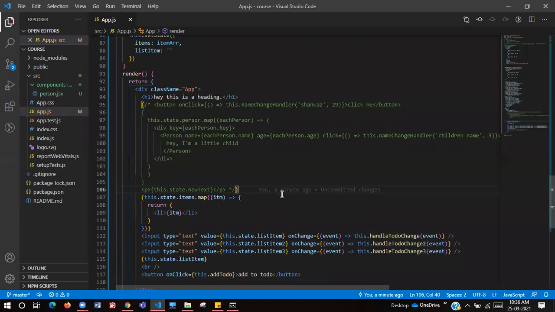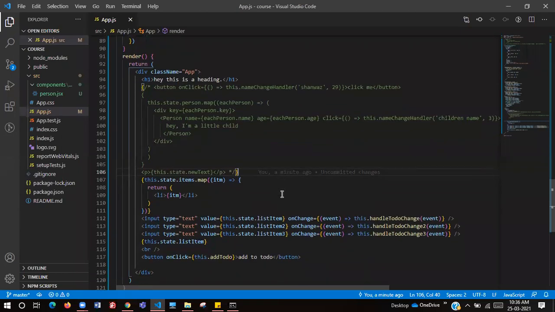Let's just take 2 or 3 minutes and then we can start again. Okay, I see Deepika is trying it. Deepika, are you able to follow?